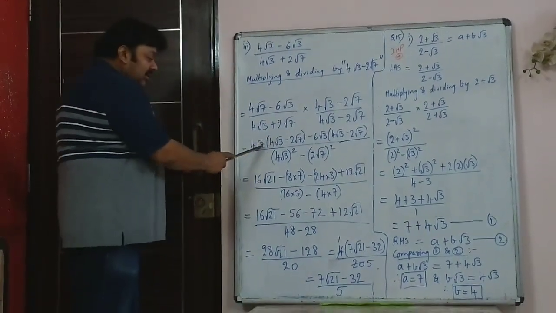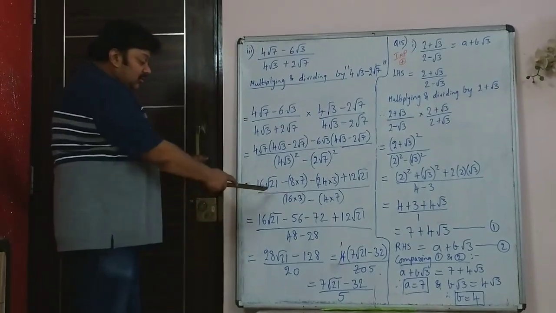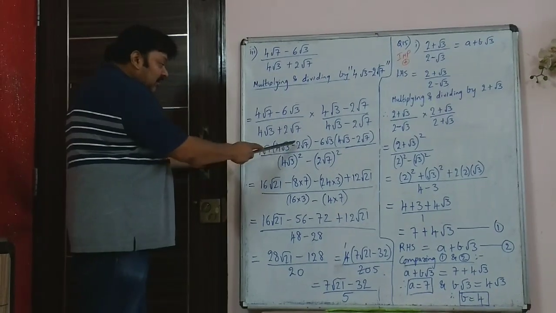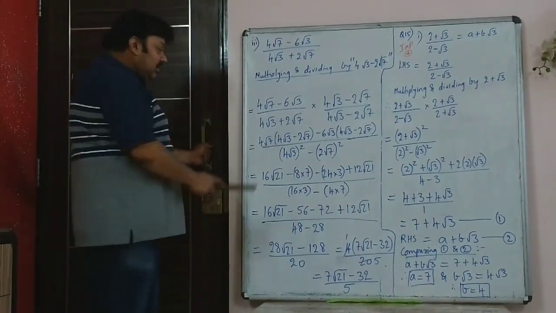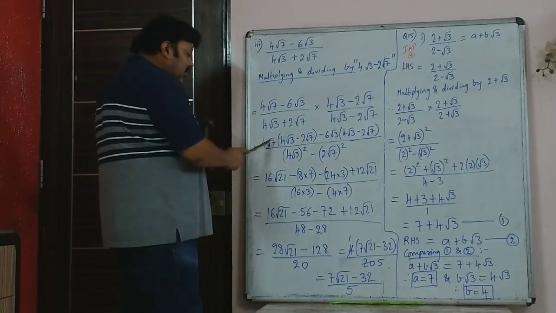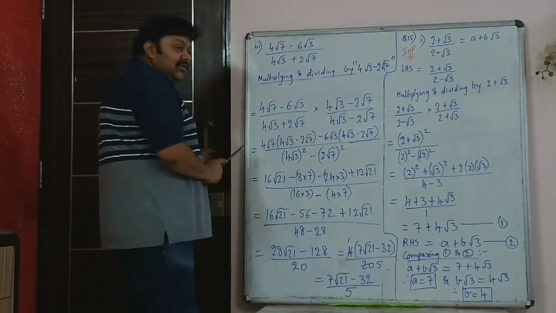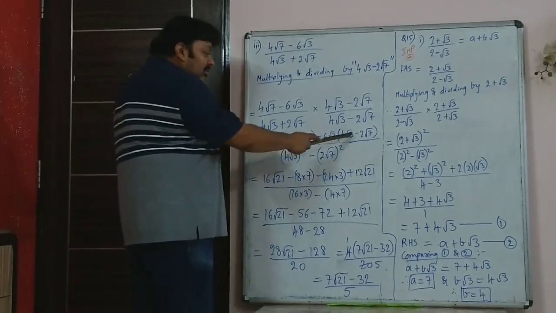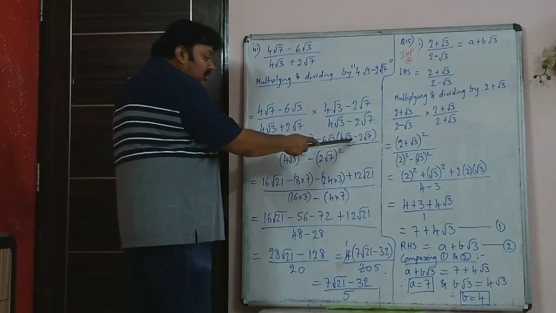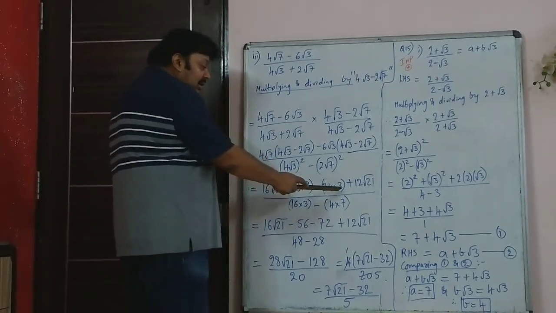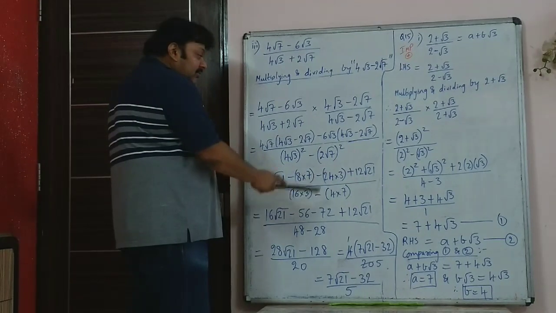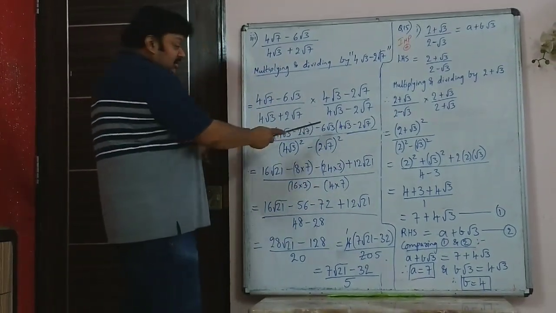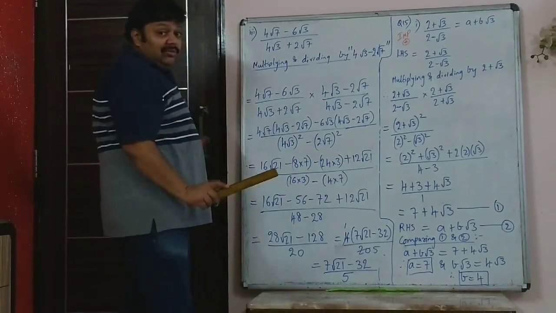So this becomes 16 root 7 into root 3 is root 21. So this multiplication is this number. Then 4 root 7 minus 2 root 7. So this multiplication will give you 8 root 7 into root 7 is 7. So it is 8 into 7. Then this term, when you multiply, it is 24. Root 3 into root 3 is 3. So 24 into 3 and minus sign. Minus of minus will become plus. That you have to take care first. This one thing goes wrong, the entire sum goes wrong.